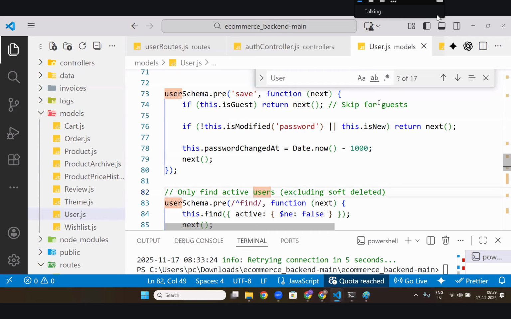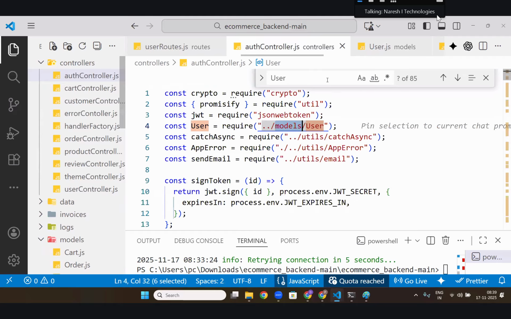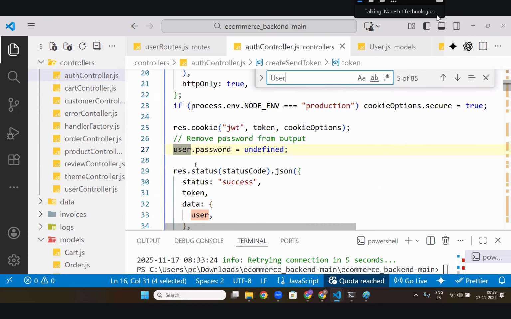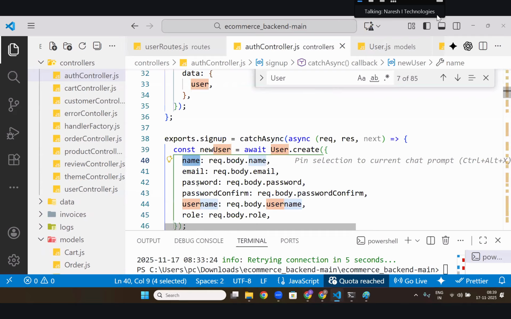Any doubts, sir? No. Then it will go to the controller. In the controller, he takes the user and sends name, email, password, password confirm, username, role. But is he sending the is guest?